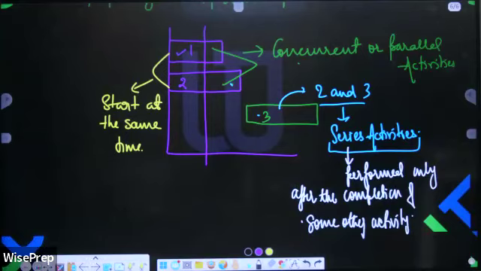Suppose you are doing a project where you are uncertain about its completion time, like we are finding the vaccine for AIDS. We are not concerned about when we will find it. So for that type of project, we cannot draw the bar chart. So write down: bar chart cannot be useful for the